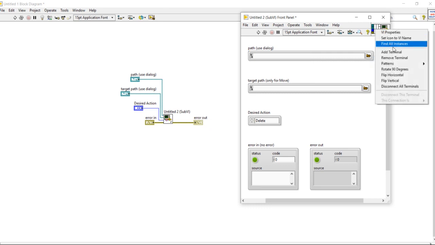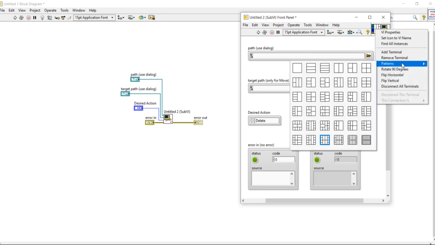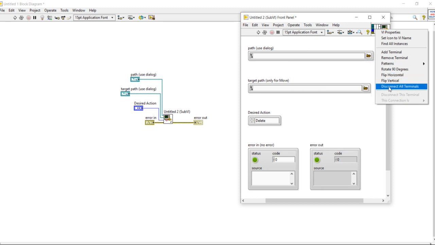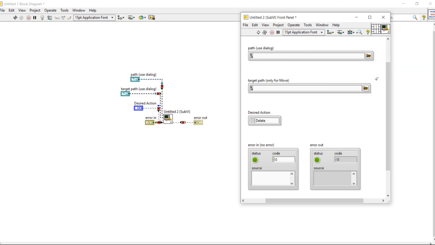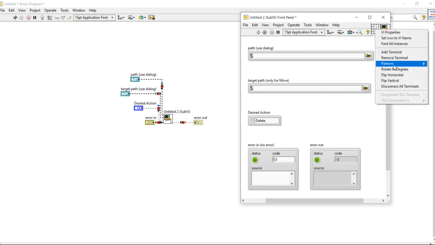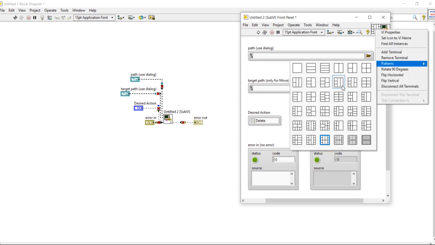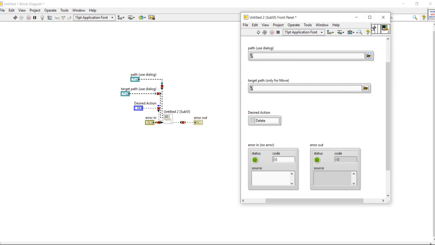Here right click, come here and try to disconnect all terminals. Right click, patterns, 3 input, and this one. Click, select here, select here.